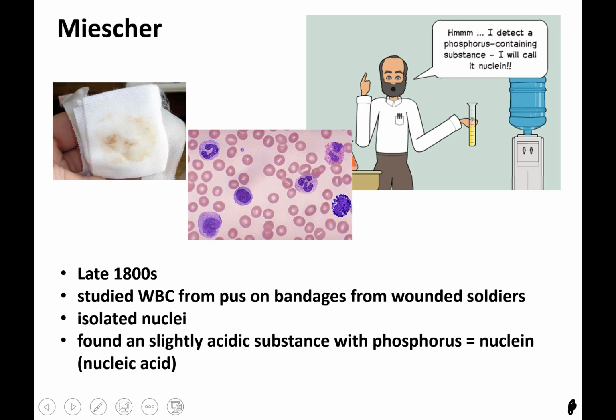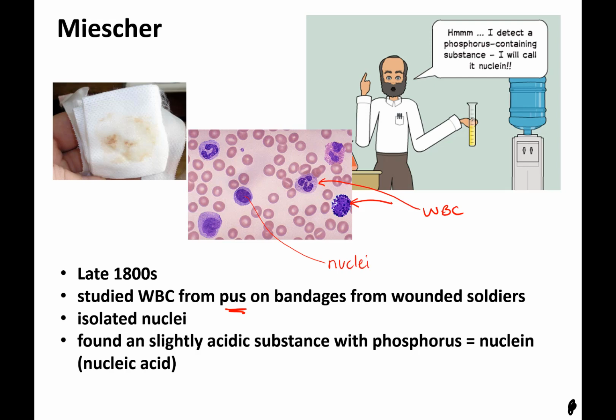So I love this guy just because who wouldn't like someone who studies pus from Band-Aids? So Miescher, and I apologize if I'm saying names wrong, studied the pus, really the white blood cells, which are these big cells with a purple nuclei, from wounded soldiers. And he went around collecting these pus-filled Band-Aids and started isolating the nuclei, these big purple blobs, from white blood